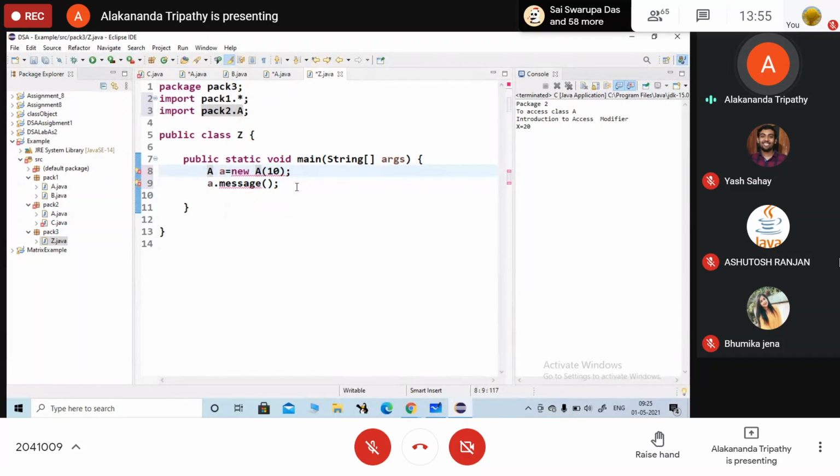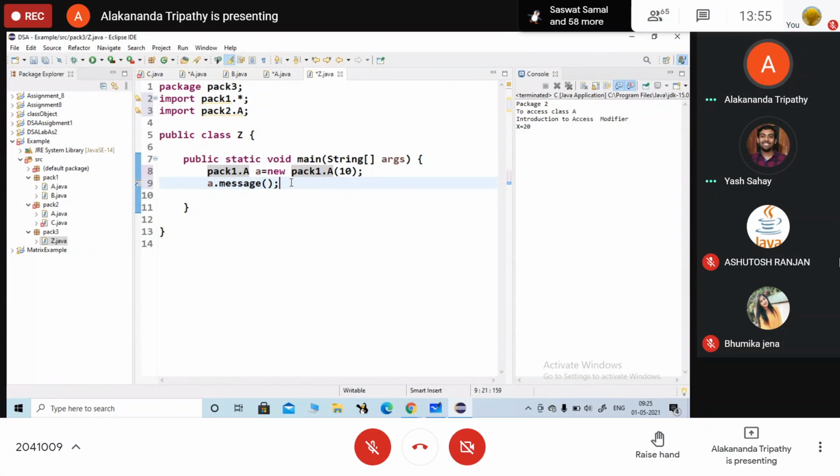So in order to differentiate between these two, we can write here pack 1 dot A and this one is pack 1 dot A. Okay, now is it showing any error?